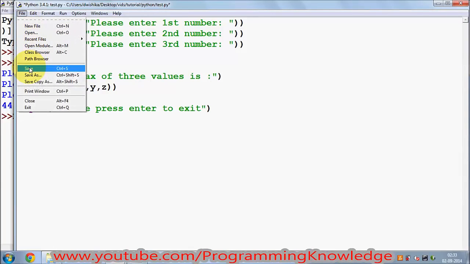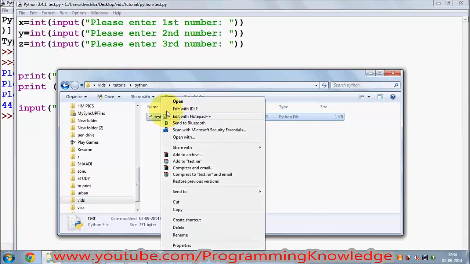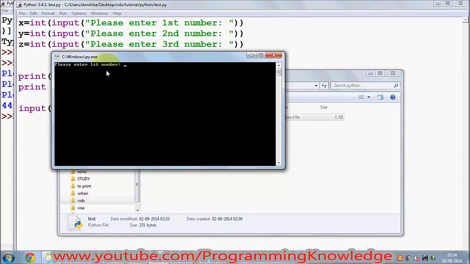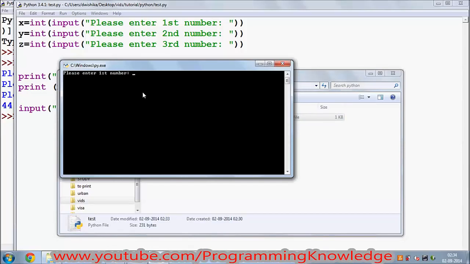Just go to file and save it, and then go to the Python file wherever you have saved it. You can right click, and you can open. If you open it, it will open in the Python terminal, and this will run your program directly. You don't even need to use this Python shell. Or you can just directly double click it, and it will open your Python program, and it will give you the option